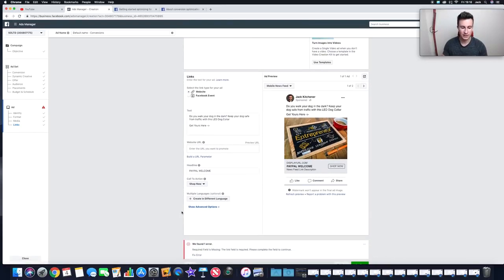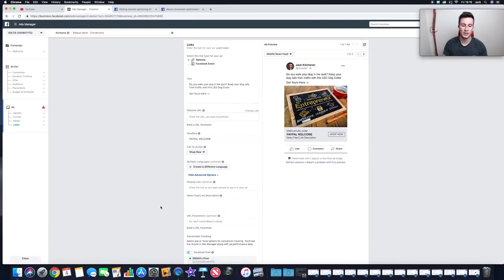A couple of other things then: if you just click on this show advanced options, it's going to give us a couple more options that we can essentially edit. So we can edit the display link, and we can also edit the newsfeed link description. So if we have a look here under PayPal welcome, newsfeed link description, again, I like to put some sort of enticement in there to encourage people to click on our ad. So it could be something like over 10 plus colors